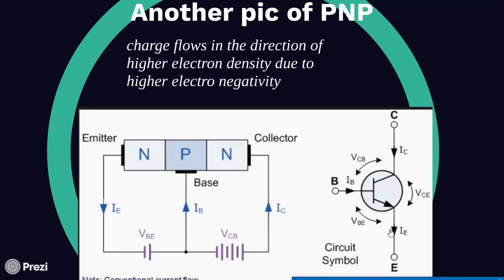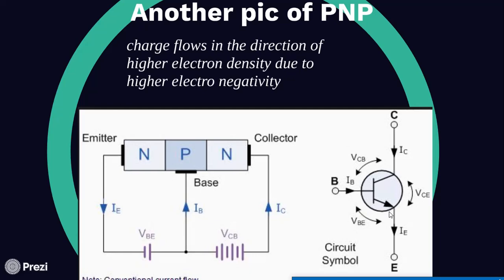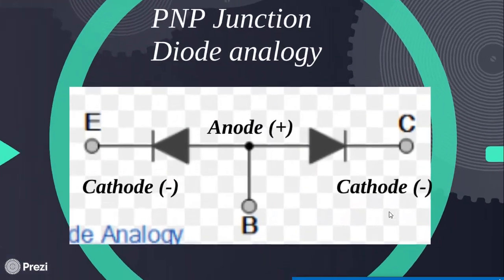So here we have the emitter, base and collector. Between emitter and base we have a voltage called VBE. Between base and collector we have a voltage called VCB. IE is the emitter current, IB is the base current, IC is the collector current, and the schematic representation is shown here. In an NPN circuit, this is the circuit symbol and the arrow is always outward. When the arrow is outward, it implies that a huge number of electrons are flowing out of the circuit. And this is what I call an NPN transistor.